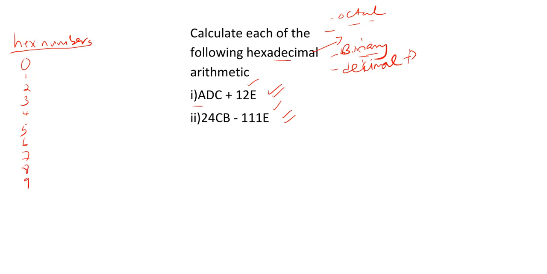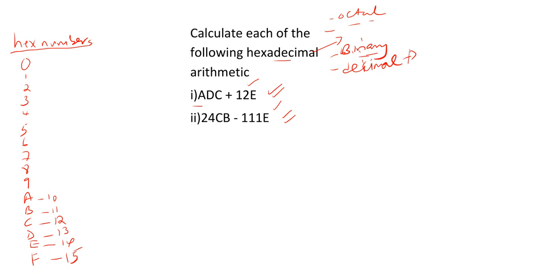In hexadecimal numbers, when you reach 9, you don't write 10, you start from A, B, C, D, E, F, whereby A represents 10, B is 11, C is 12, D is 13, E is 14, and F is 15. And that is why we are saying they run from 0 to 15. So those are hexadecimal numbers. Now